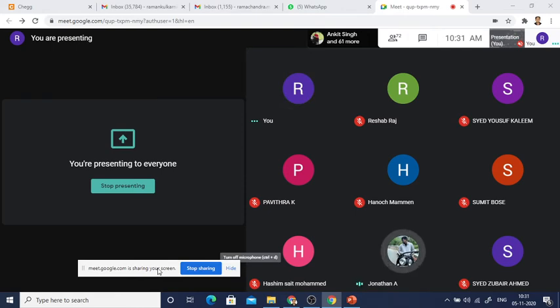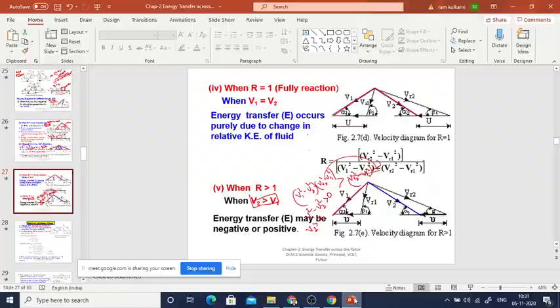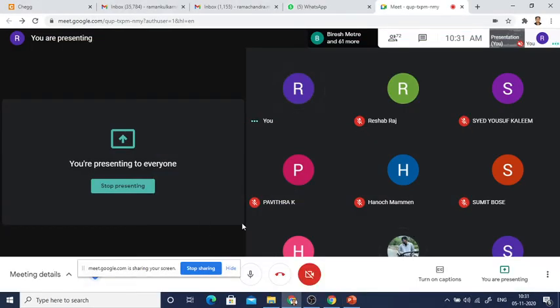R is greater than 0 is there in the other photo which you showed me. But you make it as the condition R is greater than 1. Instead of R is greater than 0, you make it R is greater than 1. Will that be fine? What's the condition for that, sir? The condition for that is what I just showed you now: V2 is greater than V1. V2 is greater than V1. Okay.